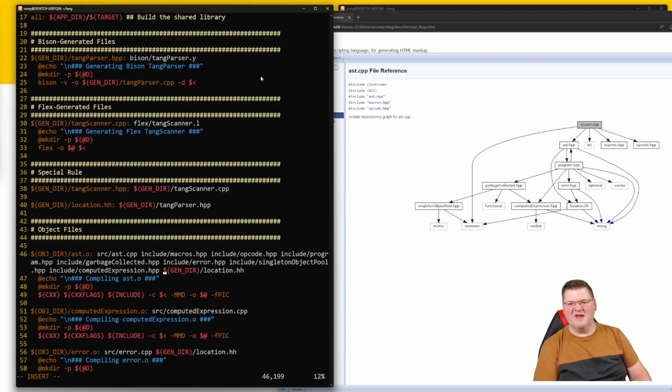And then location. You say, that's a lot. It's everything. Yeah. And if you change any one of those files, ast.o needs to be